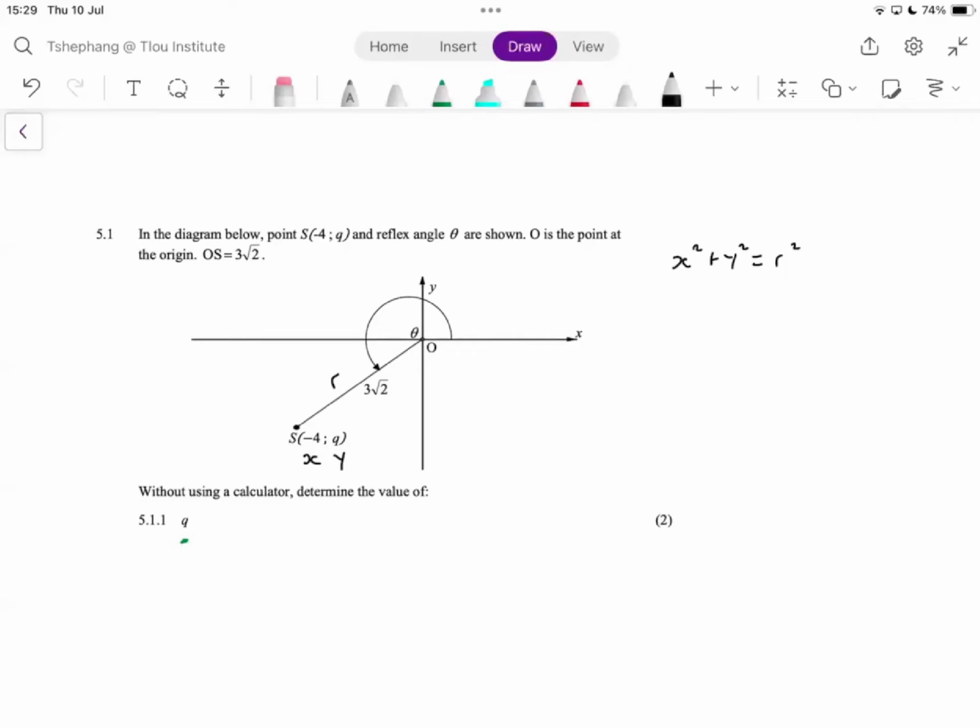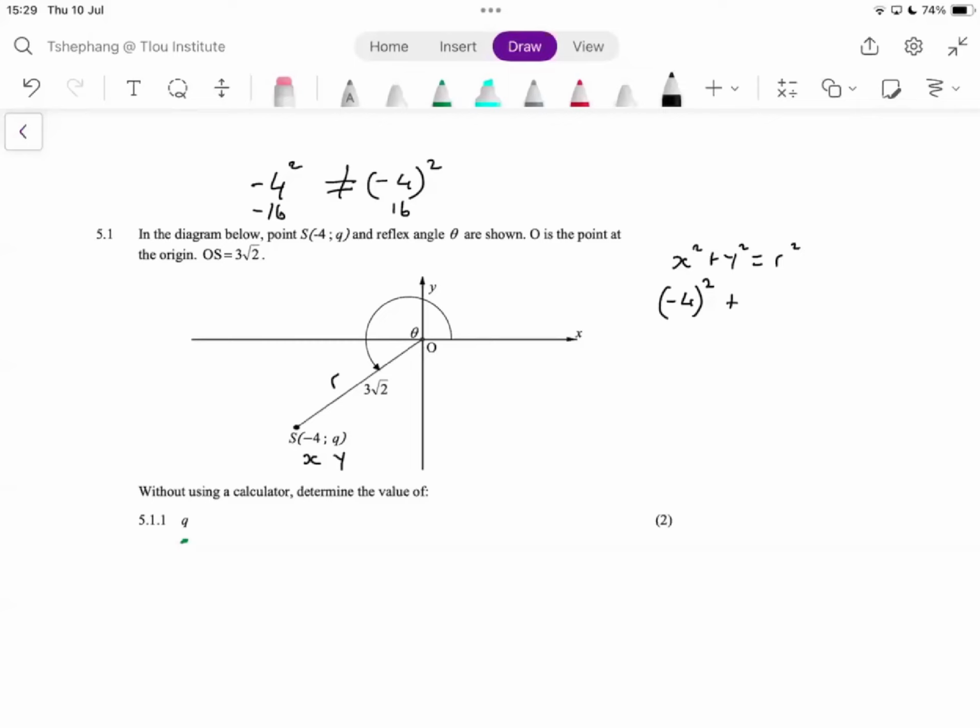Okay, let's substitute. What is x? -4. Please be very careful. Because it's a negative, you have to put that negative inside the bracket. Remember that -4 squared is not equal to (-4) all squared. Those two things are not equal. And you can put it to the test. You can check your calculator. You'll see this one will say -16 and the other one will say +16. Right, perfect. Otherwise, you make a silly mistake and then it doesn't work out.